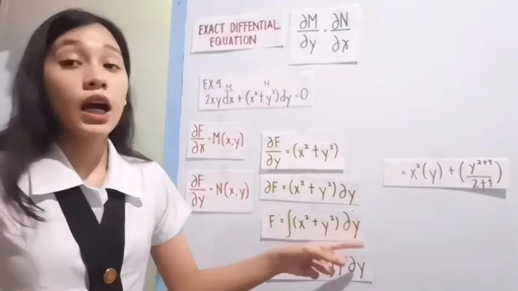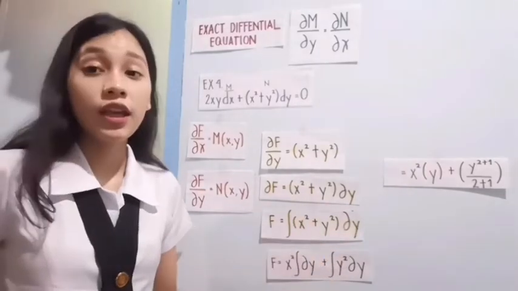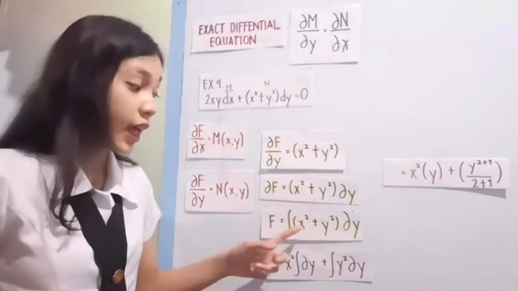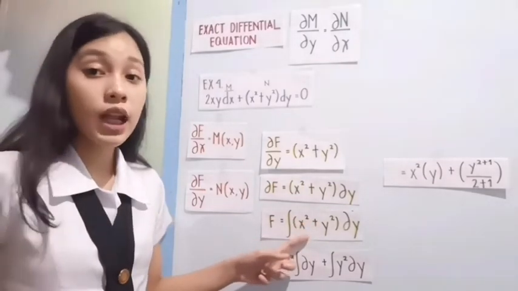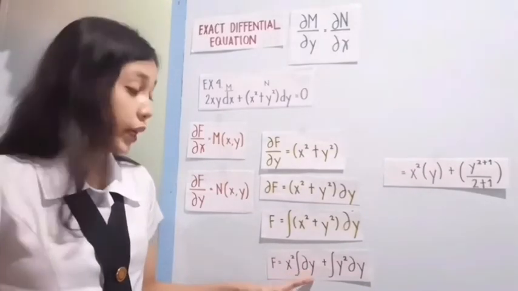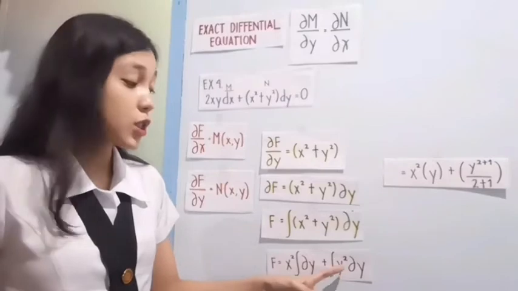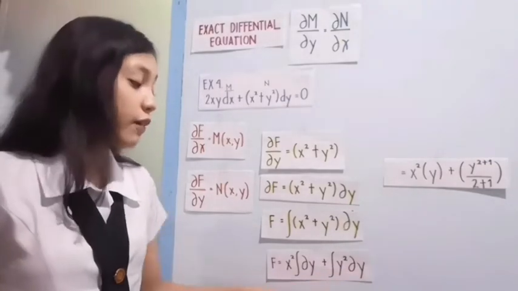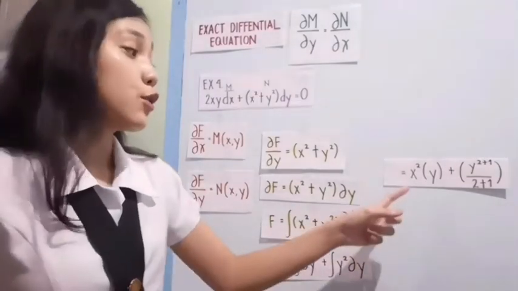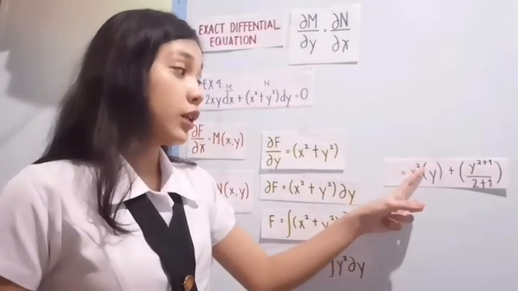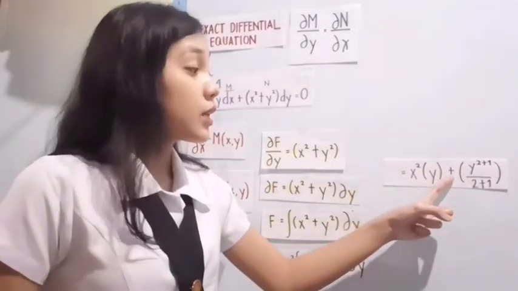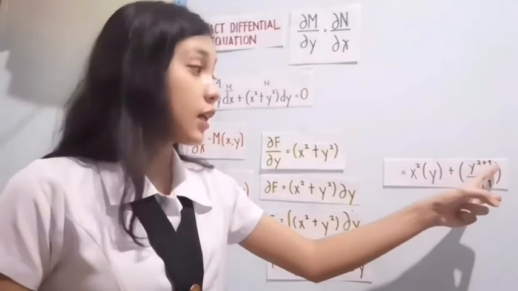And remember na ang with respect dito ay y. So, any variable na walang kinalaman sa y ay magiging constant. Just like x squared. Yung x squared natin ay wala namang kinalaman, so pwede natin siyang mailabas. Integral of the partial derivative of y plus integral of y squared partial derivative of y. So, after natin siyang ma-integrate, isa-substitute na natin yung mga value na in-integrate natin. So, magiging x squared, yung value ng integral of partial derivative of y is just y plus y to the 2 plus 1